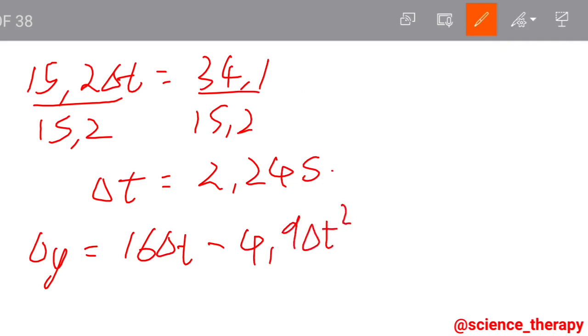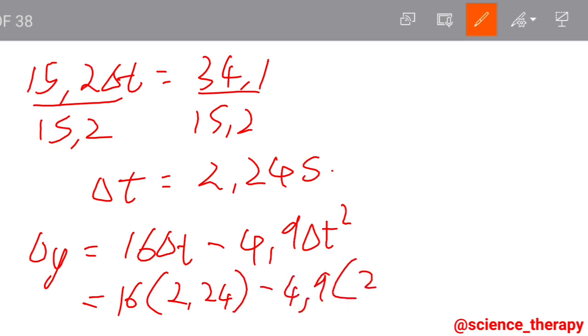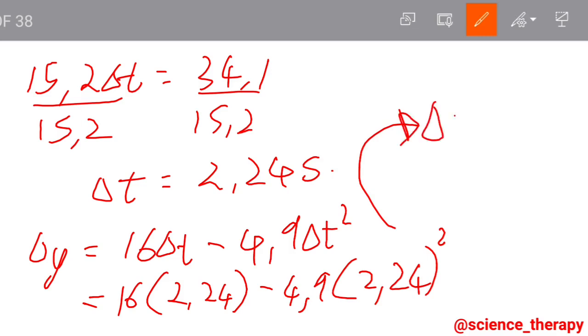Now at this point, we can see that it's just a matter of substituting the delta T. Where there's delta T we put 2.24, then square like that. Now if we do that in a calculator, now we have delta Y is equal to